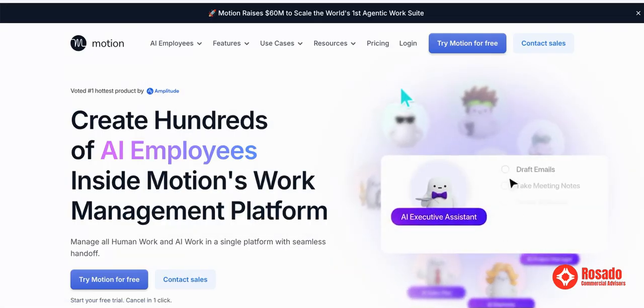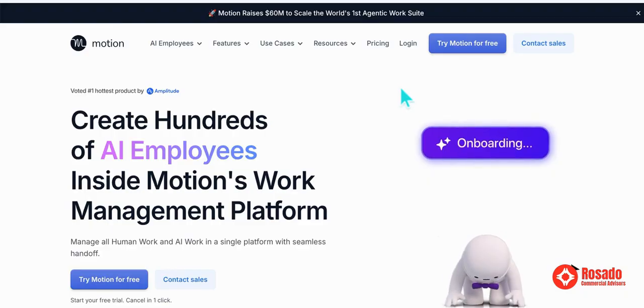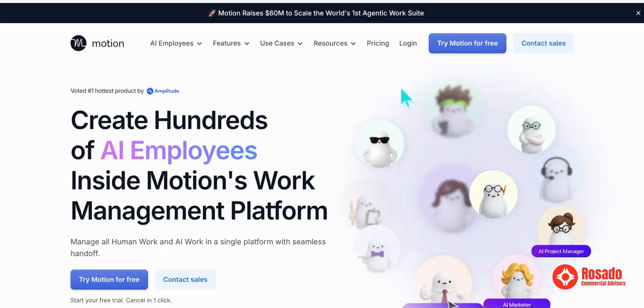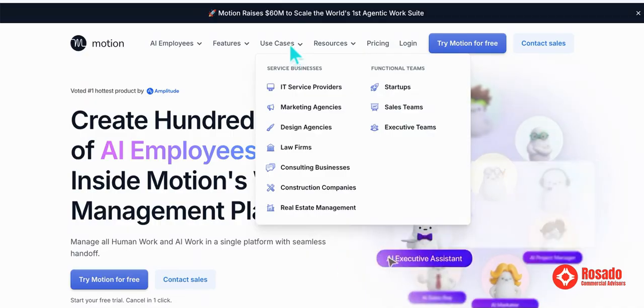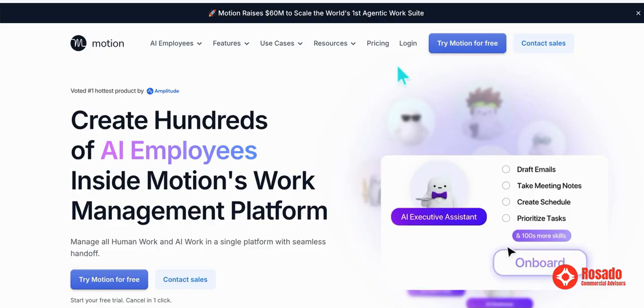Rosado Commercial Advices, and I'm going to take you through this video on how to log into Motion AI. So first thing is to make sure you're on this site. There's the Motion AI site, and you see this login